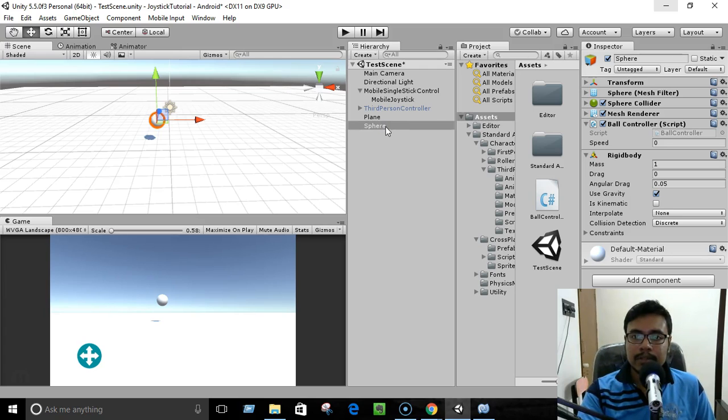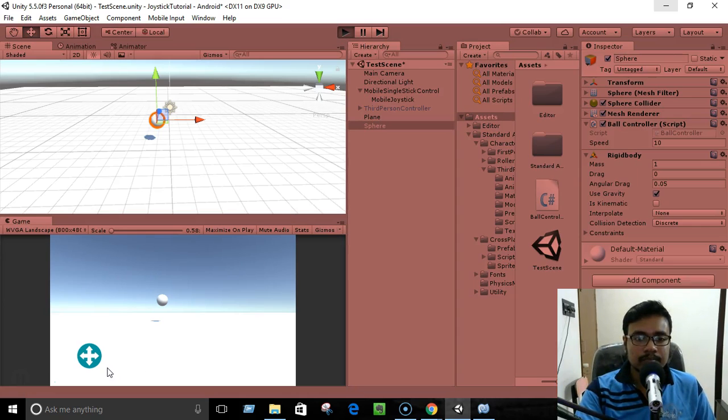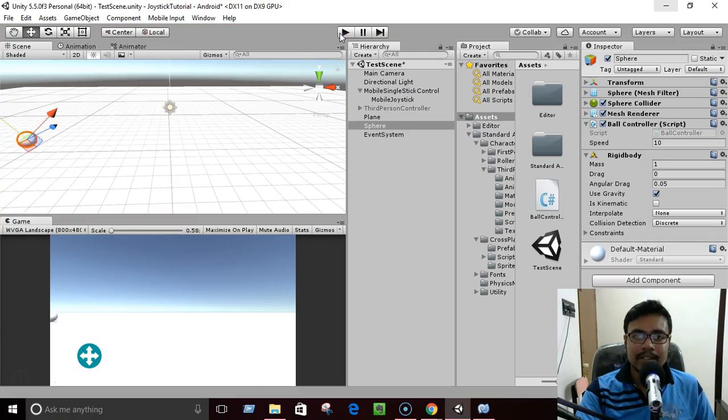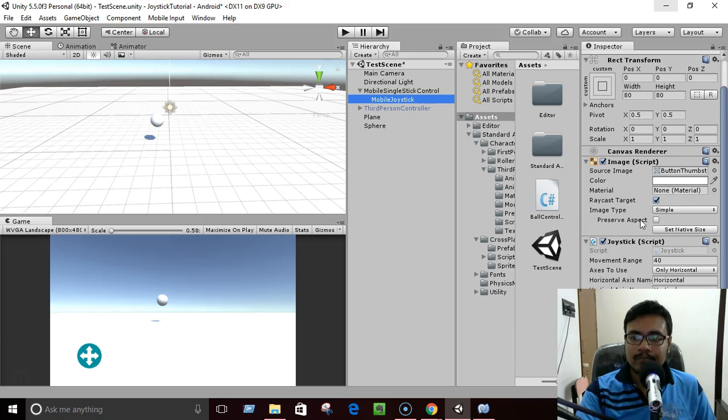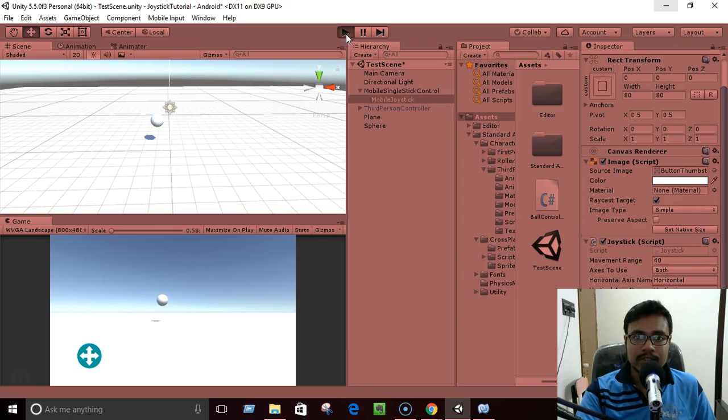If you select the sphere here, you can see we have a speed variable which we can change. So let us try a different speed to see how much we can move the ball. First of all, let me try 10 and then run the game. So now we can see that, oops, I have actually disabled the vertical movement of the mobile joystick. So select the mobile joystick and change its axis to use to both, so that we can move it in both the up and down directions. So now if I run the game,